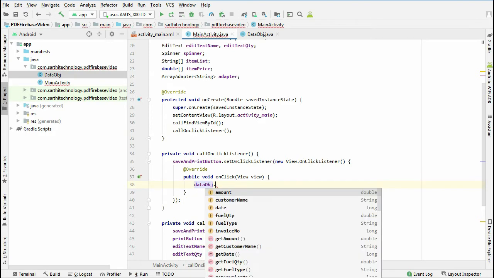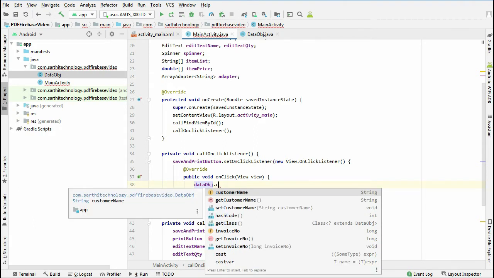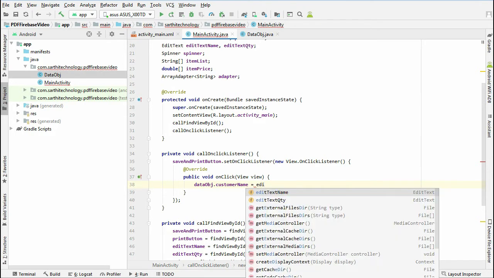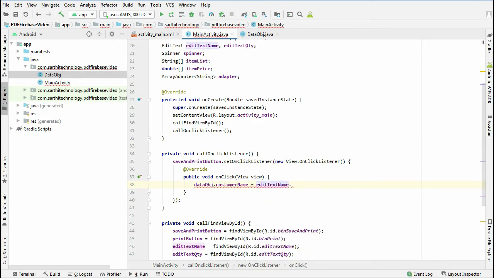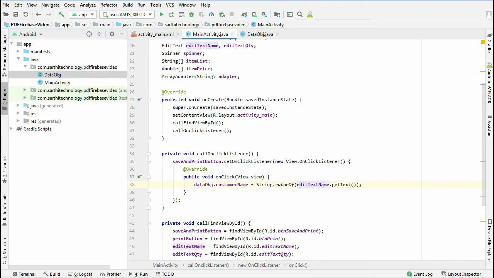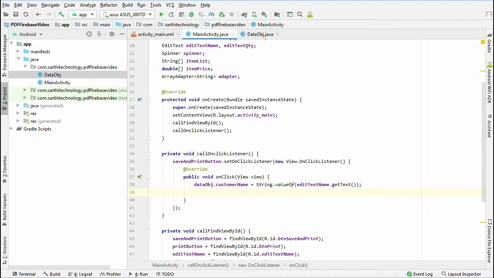Data obj dot customer name equal to edit text name dot get text. Alt enter and wrap using string dot value of. So this is the customer name.